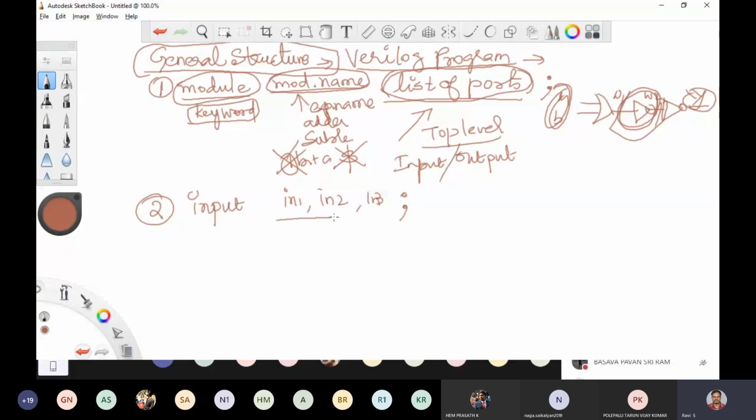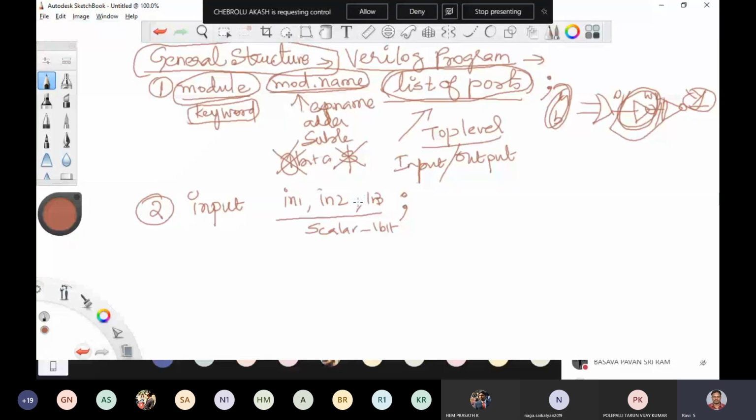If your inputs are scalar, say 1-bit variables, you can use A, B, C, in1, in2, in3, in4. If the input is a multi-bit value, say a vector, then I can declare it as 2:0.